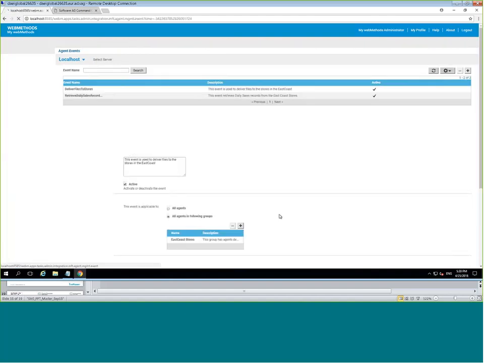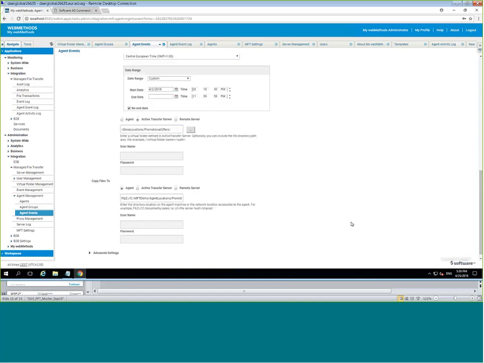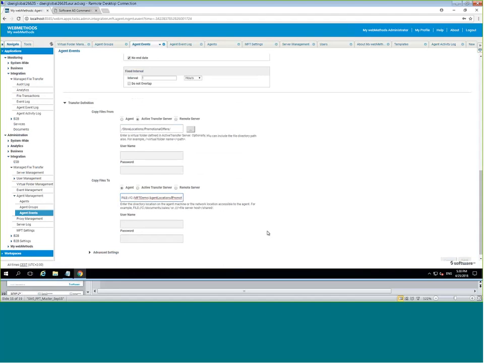You don't need to be very explicit in defining exactly what location it's going to. In terms of what I mean is the store location, right? So you can specify variables, as you can see here. When you copy the files to the store, you can just use a variable agent name. So in my case, given the demo environment, I have both the agents and the ActiveTransfer server all running in the same instance. So I've used a variable called agent name. So it actually creates an appropriate folder, uses a variable agent name, and drops it in the appropriate location. So hopefully, this gave you a good idea of how the agent transfers are done.